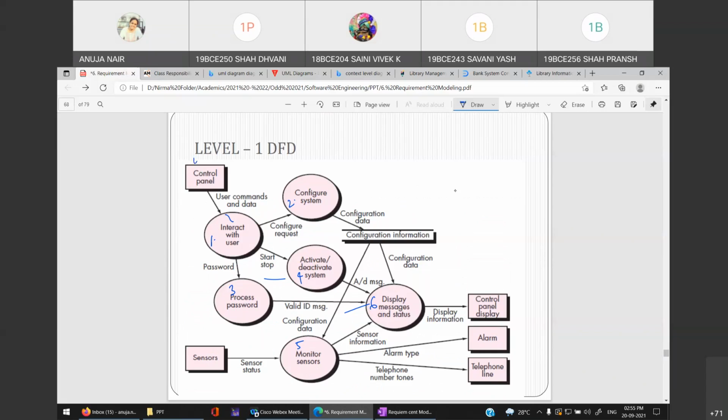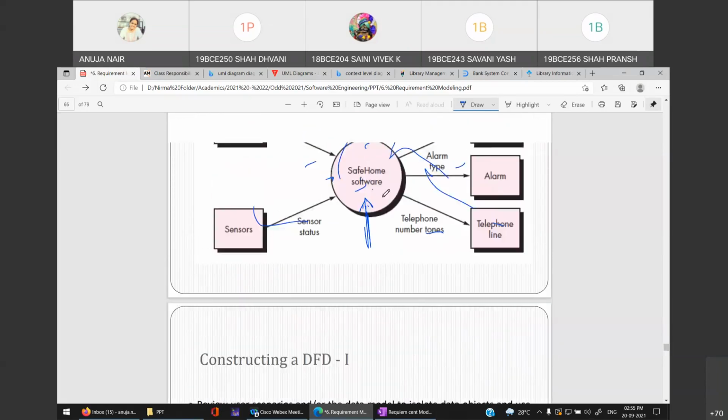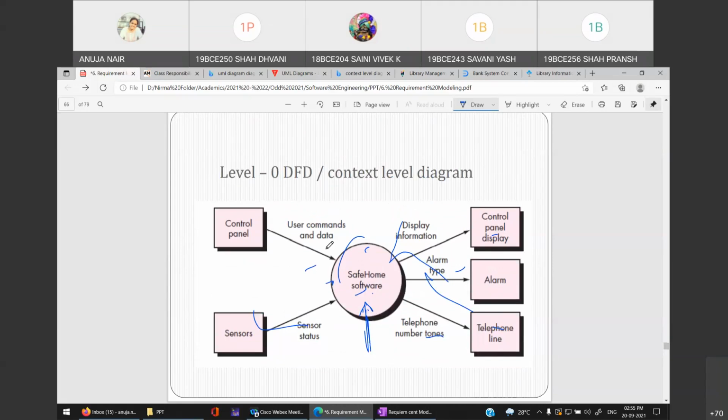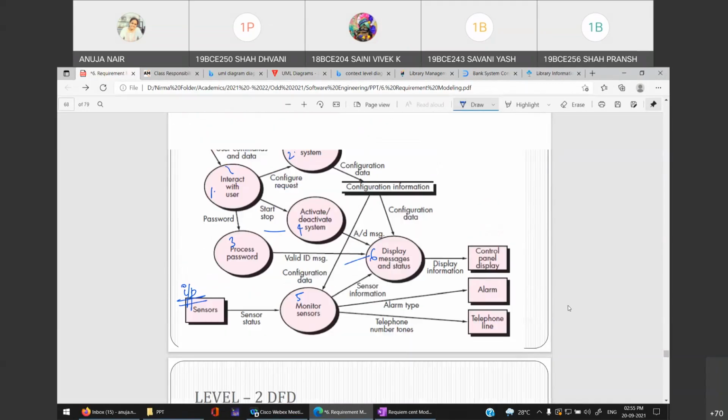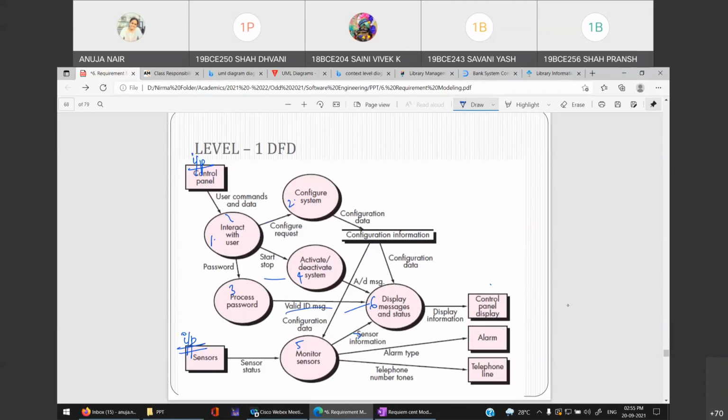This is input 1 and this is input 2. So it should match with the context level diagram. And outputs should match. So how many outputs are here? 1, 2, and 3. See over here, 3 outputs would be there finally.